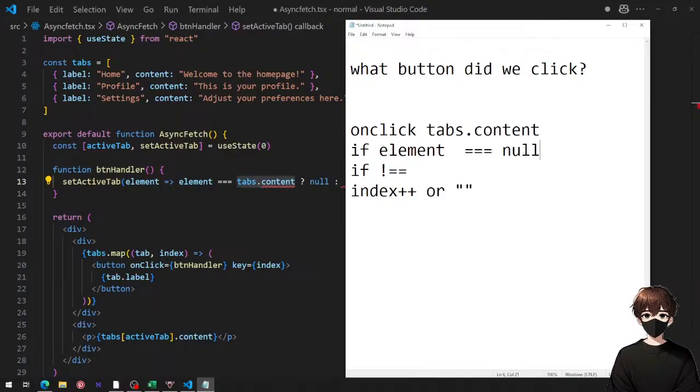If element is equal to null, then we should create a loop. I'm not sure about that. If the element is equal to nothing,